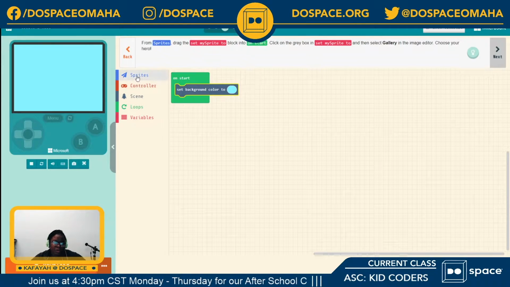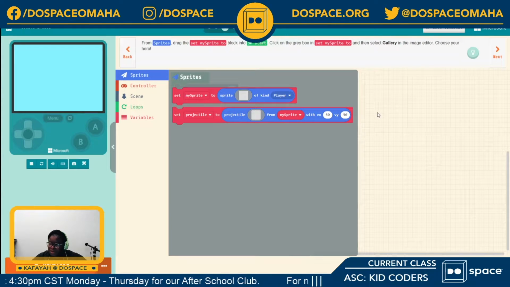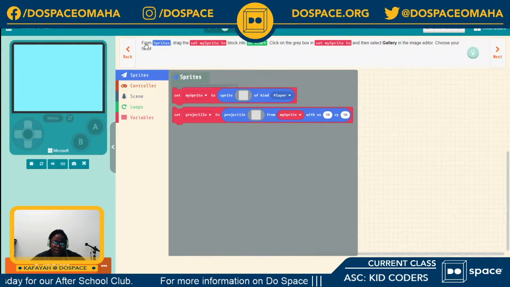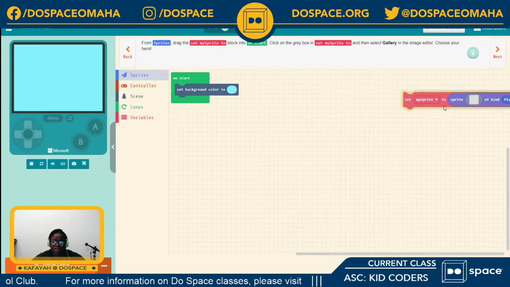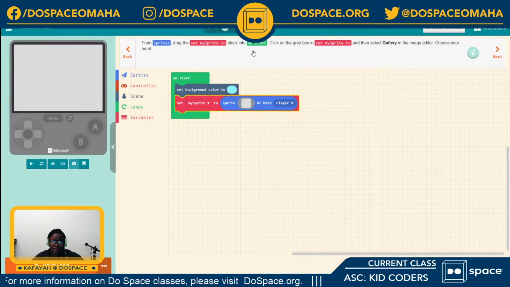So here we're going to go into sprites. Of course, if you want me to repeat a step, I'm more than happy to do that. You just have to let me know in the chat. Okay, so now we're going to go into sprite and then choose the block that helps us set our sprite, and that goes into the block for on start.